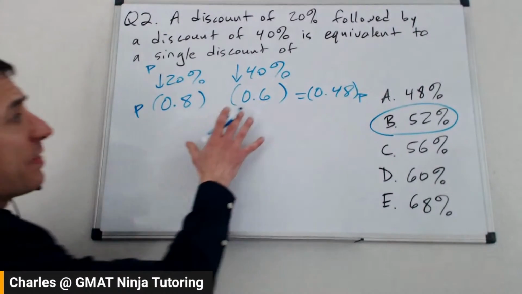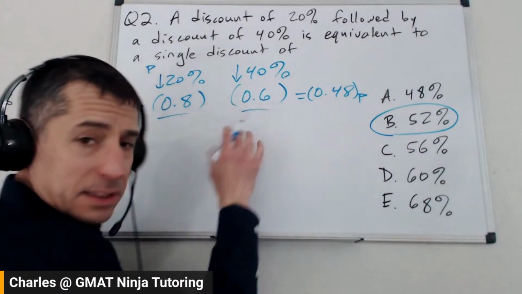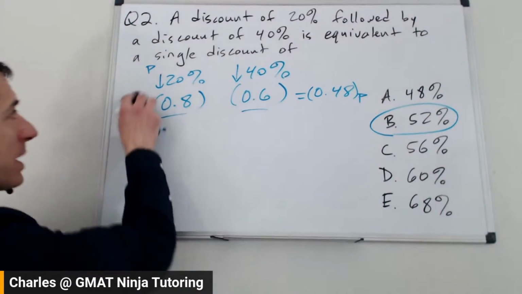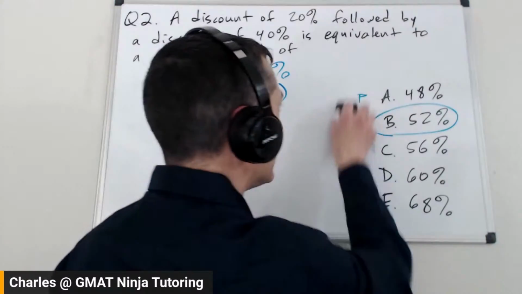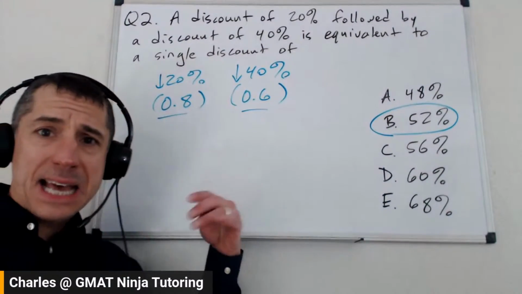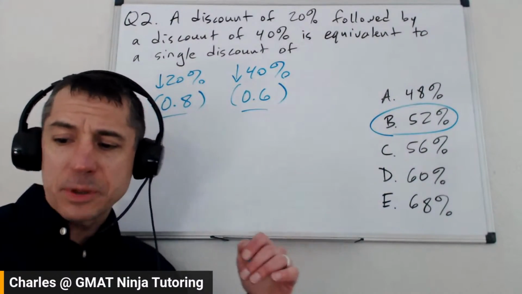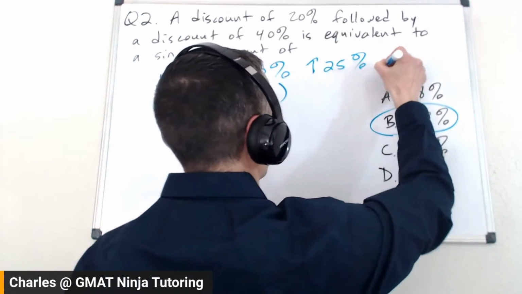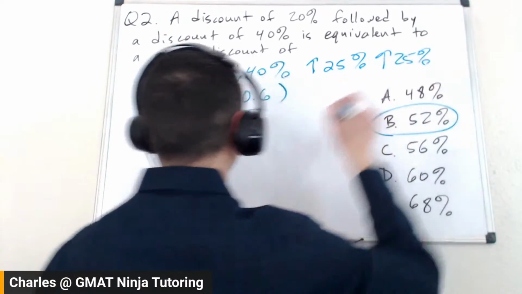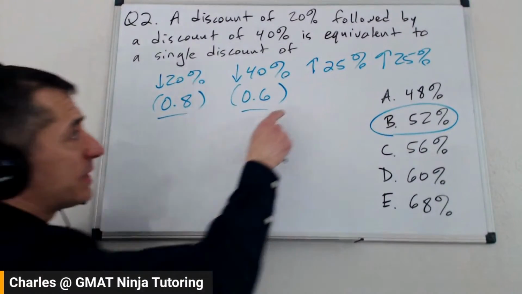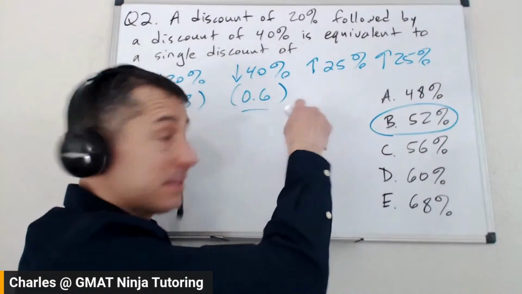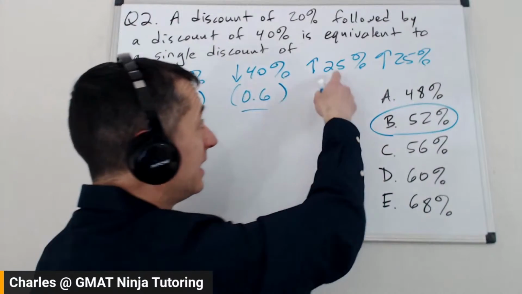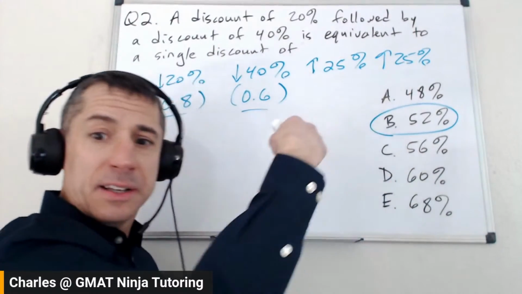Okay. With that, the reason why I'm such a stickler, I love these multipliers. GMAT writes a ton of questions where they come in handy. Why is it so important? Imagine that I make this a little more complicated. And now we've got some asset and it's going down 20%, going down 40%. Then let's say it goes up by 25%, and then it goes up again by 25%. If you're trying to do this by getting the percent change, subtracting it, getting another percent change, subtracting it, getting this one, adding it, getting that one, adding it, tons of work.